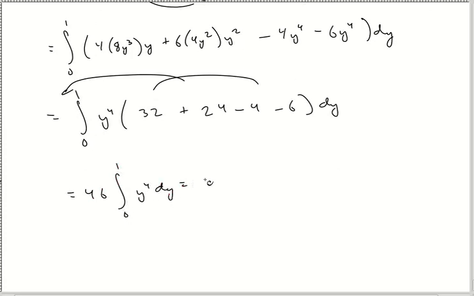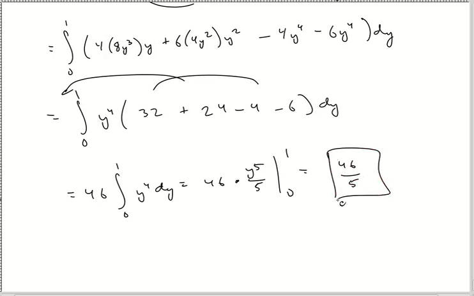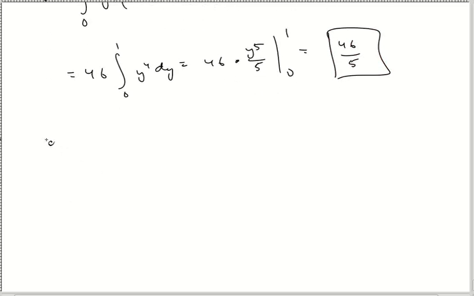And of course we know this integral here, y to the 5th over 5, from 0 to 1. 0 is going to cancel, the 1 tosses in there. Oh, so then 46 over 5, and you're done. There you go. Next one,